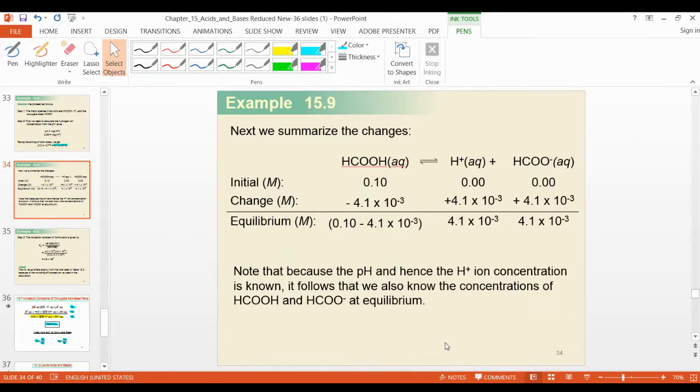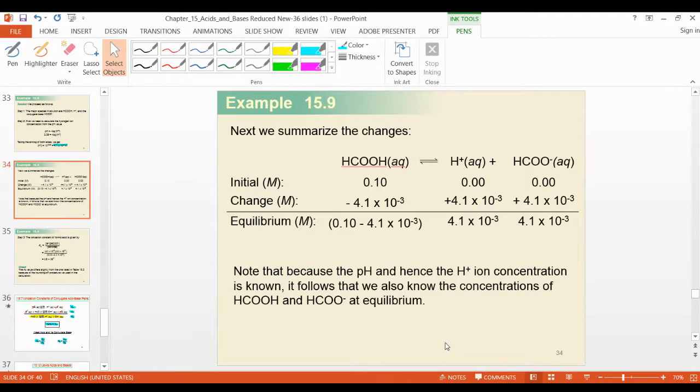Okay. In the first experiment, in the first 15.8, we have to determine the pH. In the second one, we have already been given the pH. In the first one, we have to determine pH, so we should know how much X dissociates. X means H plus. That's why we use an ice table and calculate X. If pH is already given, there is no need to calculate H plus, no need to calculate X.